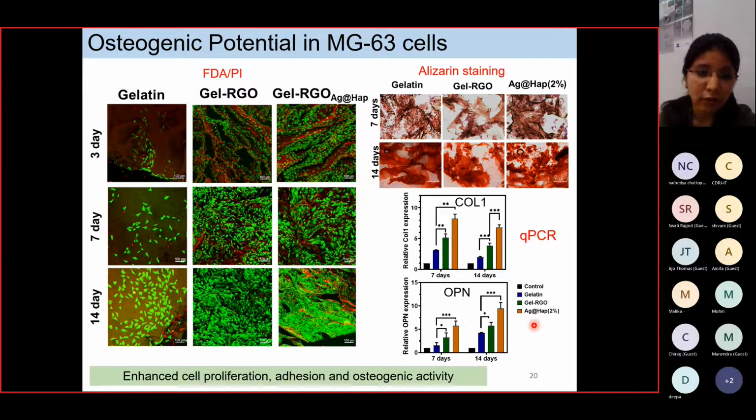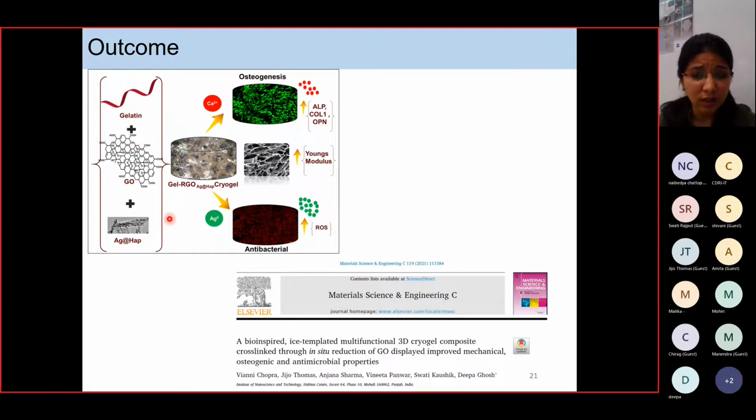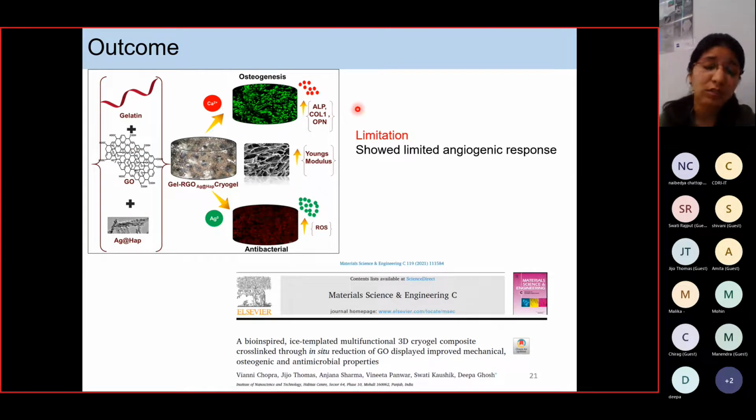So we saw enhanced cellular proliferation and osteogenic activity. The only disadvantage, the limitation I found in the study, was that the high release of silver was not helping my endothelial cells to attach, and it showed a limited angiogenic response. We did publish this paper, and we were able to formulate a good cryogel which showed supported osteogenic properties using